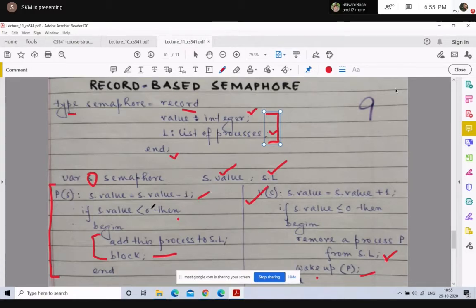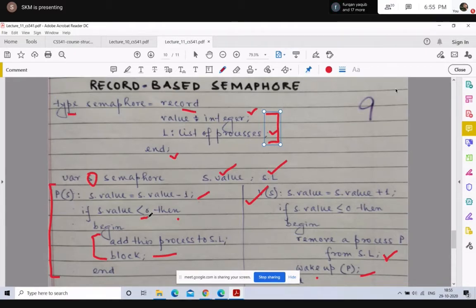Since S.value is not less than 0, the process will enter the critical section. The next process that wants to enter the critical section will again execute the P of S statement.